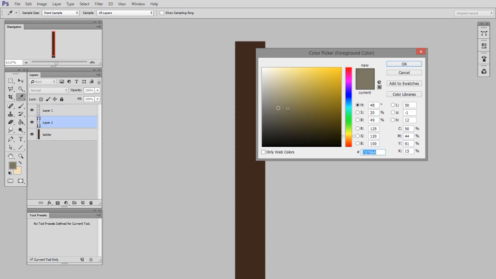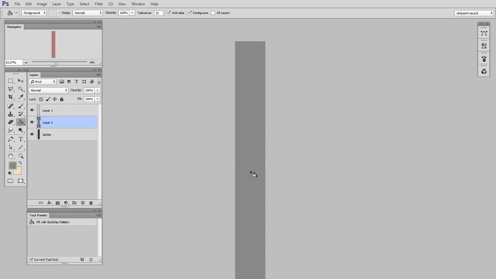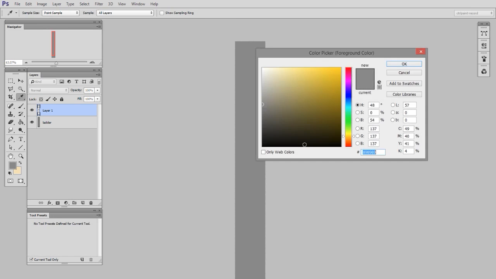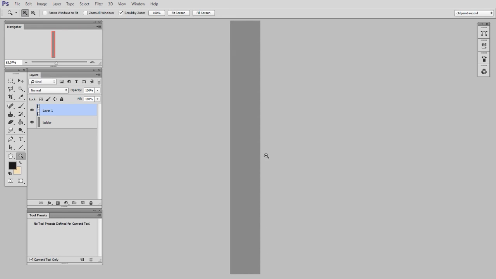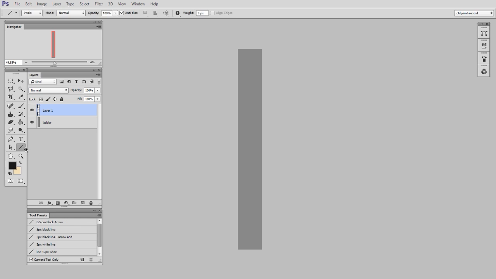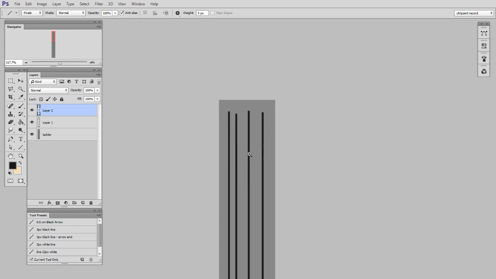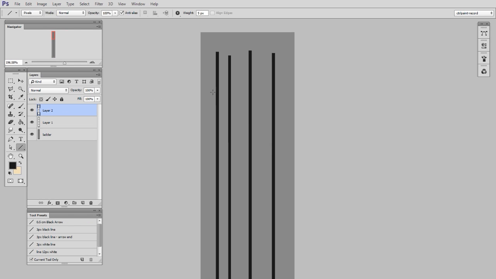It's very important. And even though this is a painting, I don't necessarily always use the brush tool. So a ladder, for example, is pretty much straight lines and circles. So it kind of makes sense to just use the line tool. So here you'll see I can just use the line tool to make my verticals. Now I need to make my little steps on the ladder. So I'm just going to make one of them,